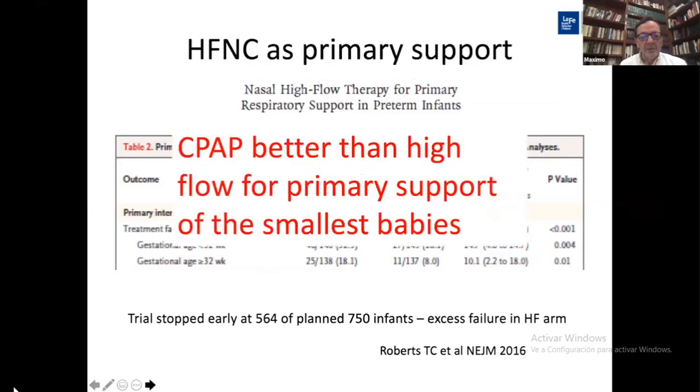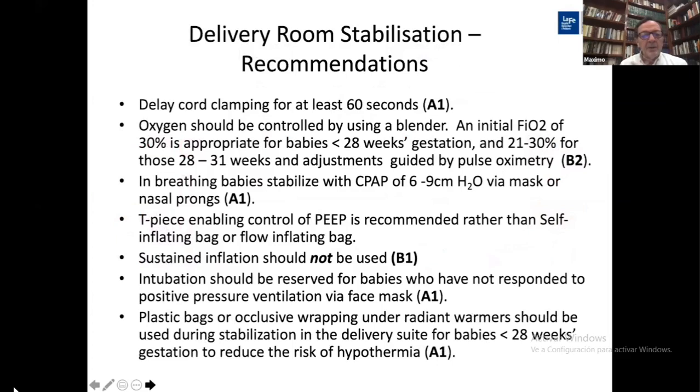This is the best way, and we should be aware of the details in each hospital. They should establish their own rules for doing that. Well, the summary of this part, which is my first part, is we should consider, with an A1 grade, delayed